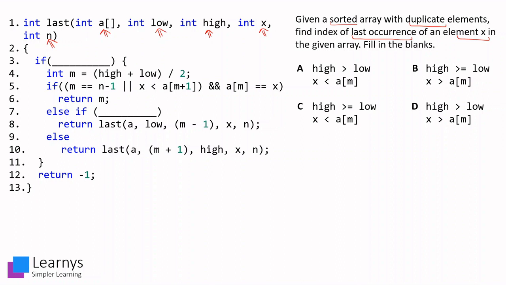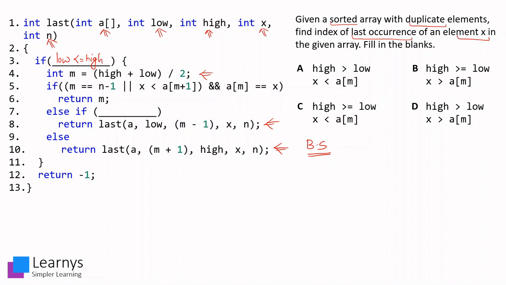By seeing the code, we can see that they are finding out the middle position and the array is sorted, and depending on that, they are either going to the left hand side of the array or to the right hand side of the array. So we can say binary search is being employed over here. So here in line number 3, the first blank, the binary search will work whenever my lower index is lesser than or equal to high.